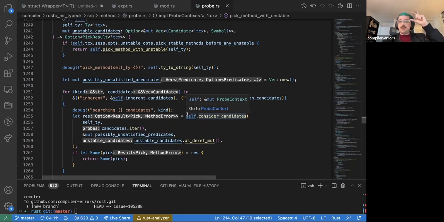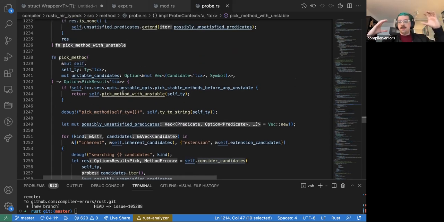Inside of that, we want to consider first the type that we've auto deref'd to, then take an immutable reference to it, look at methods that match that, take a mutable reference, look at methods that match that. And then for each one of those, we want to consider inherent methods first, and then extension methods, which are trait methods, afterwards. So that gives a vague hierarchy of the order that we consider methods,